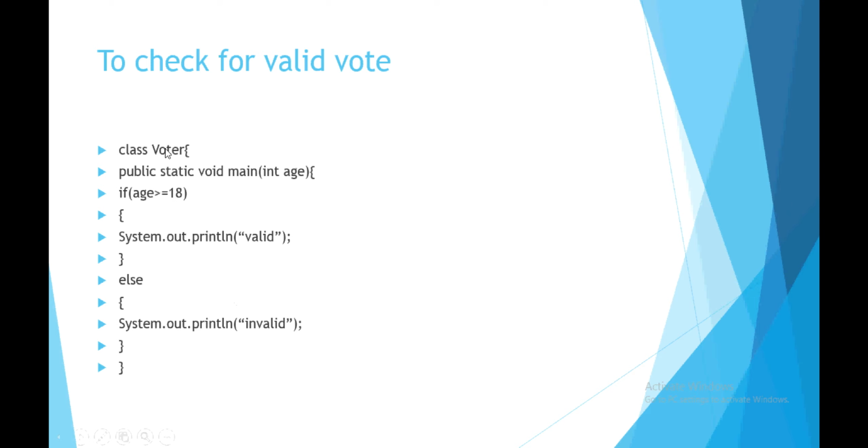Did you get it? Over here one bracket is opening. This is the main class bracket. This is the static main method bracket. The if bracket opens over here and closes over here, the else bracket opens over here and closes over here, and then you can see one bracket closing the method and one closing the class.